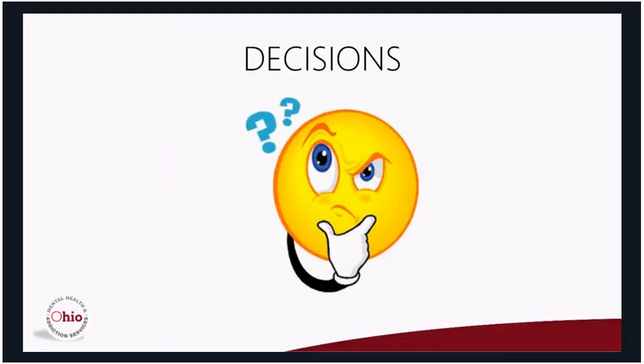The following points are important when the employment specialist is helping a client make decisions about disclosure and how the specialist will work with the client. So remember, it is always the client who is responsible for making their decisions about disclosure based on his or her goals and preferences about how to achieve them. The employment specialist can encourage the client to get input from other people that may be important to the client's life about whether or not to disclose, such as family members or team members, but ultimately it's up to the